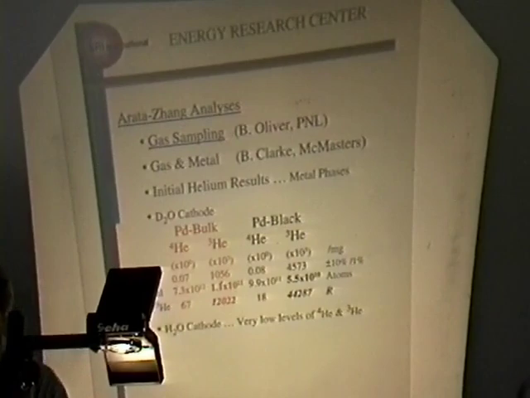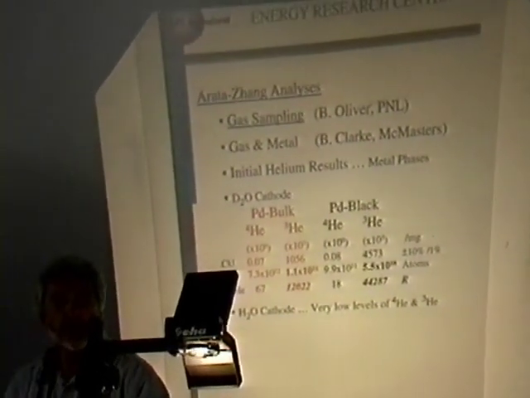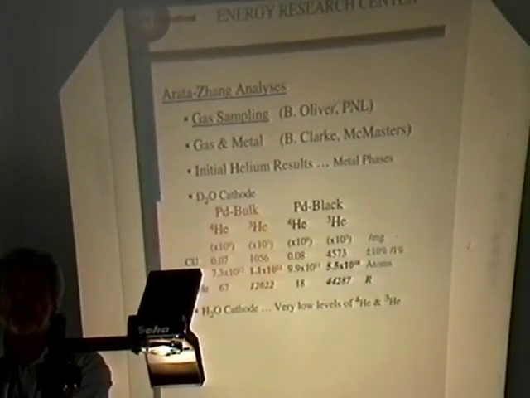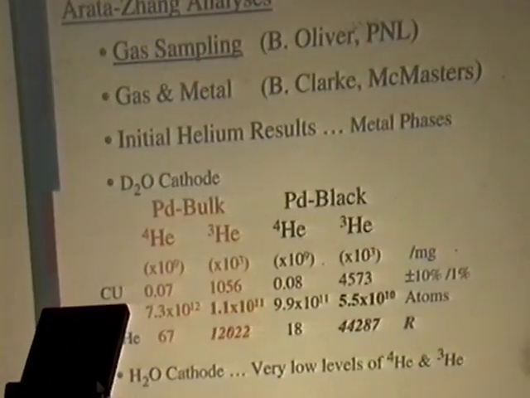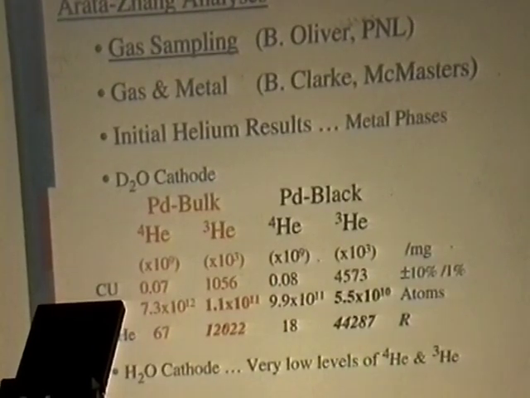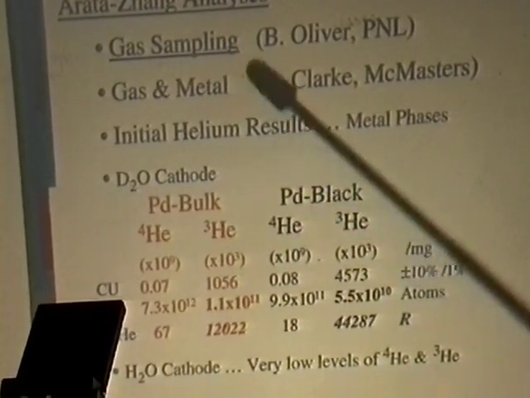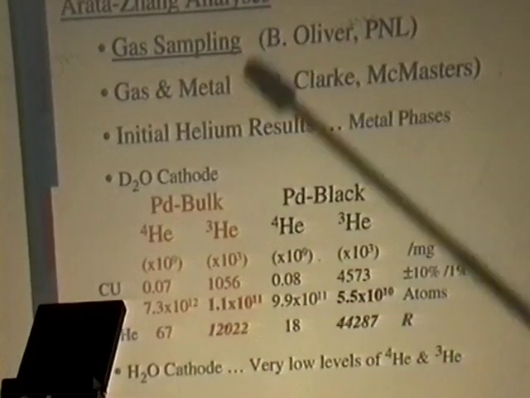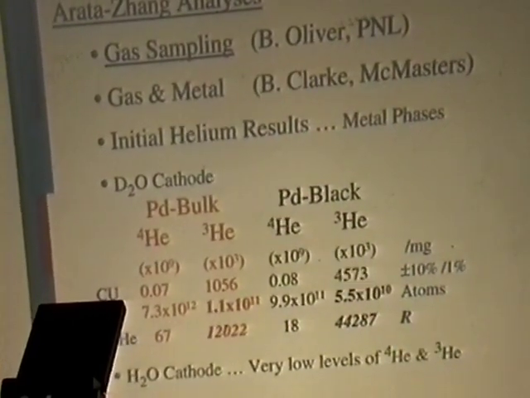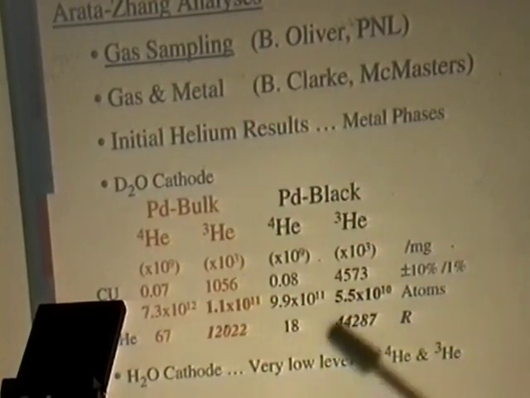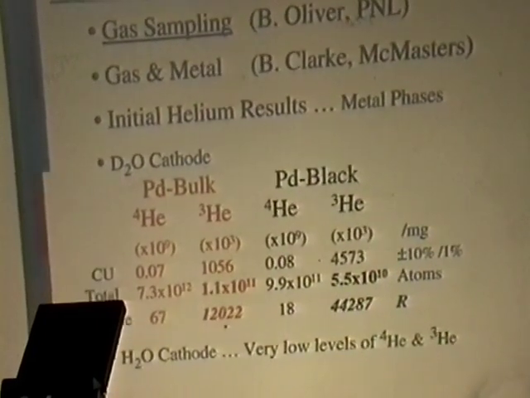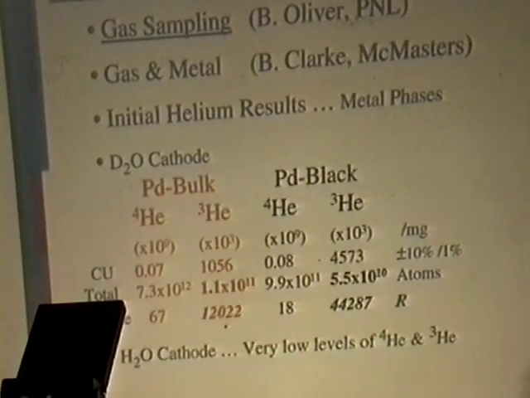What we did in conjunction with Brian Oliver at Pacific Northwest Labs is make a machine which we were able to puncture this closed void volume double structure cathode and take gas samples for analysis. Also, after having taken the gas sample away for analysis, we can take samples of the metal phases and submit them for analysis. The initial helium results for the metal phase,